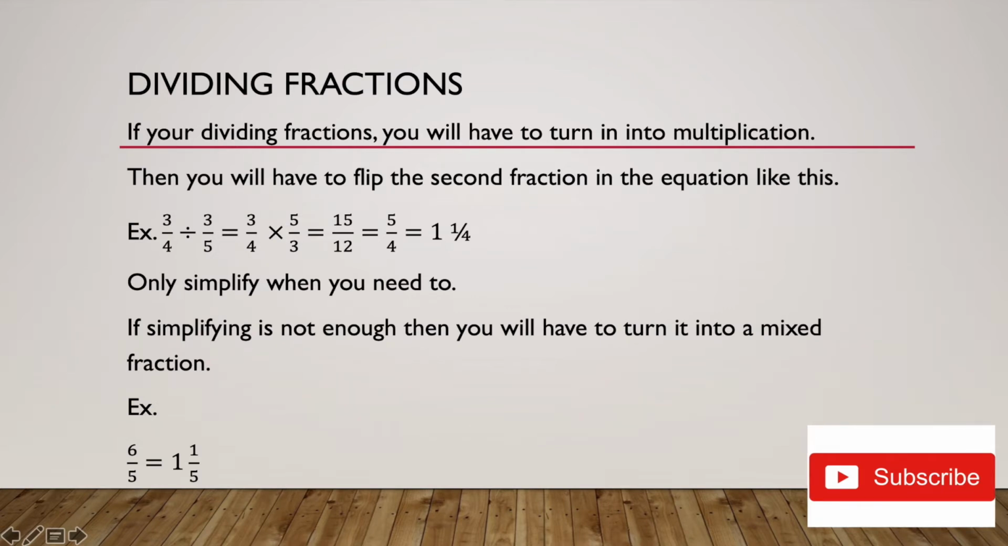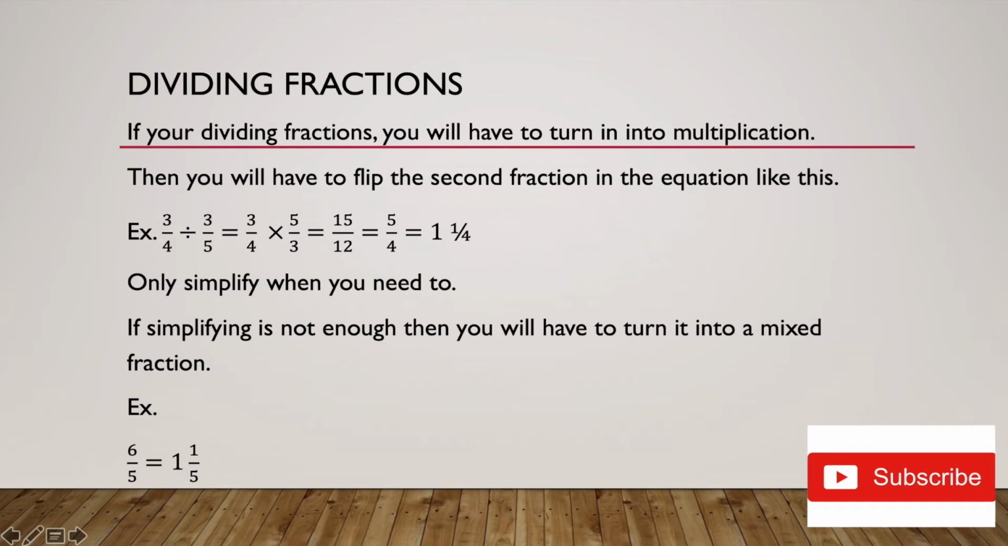If simplifying is not enough, then you have to turn it into a mixed fraction. Here's an easy way to turn it into a mixed fraction. So 6/5, right? You have to subtract 5 from 6, which will lead you to 1. So 1 is going to be a whole number, and the remaining will be the numerator. So 1 and 1/5. Okay? Next